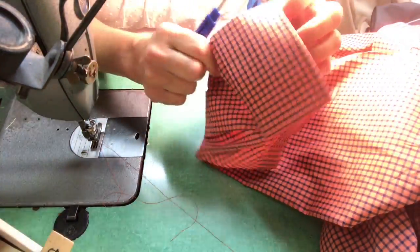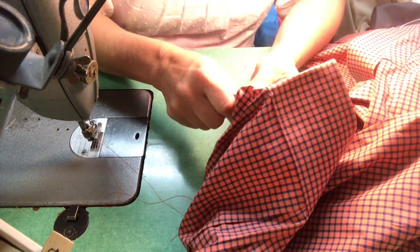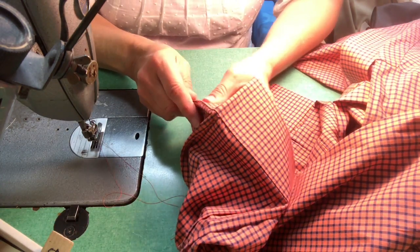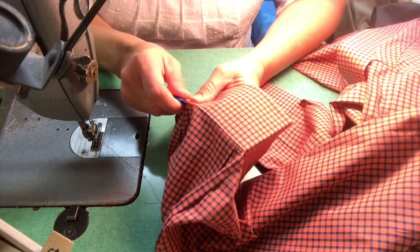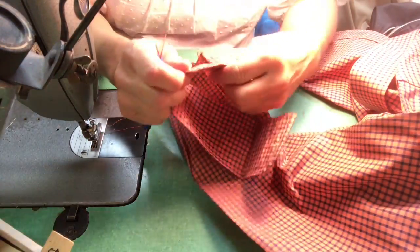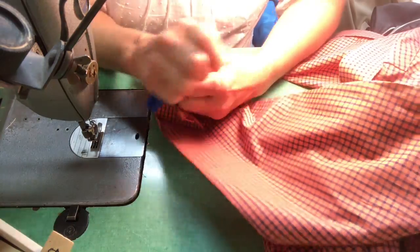In this video, I'm going to show you how to shorten a dress shirt sleeve. The first thing you're going to do is take off the cuff. In this process, you need to be careful to not rip the fabric or tear it because there are some very tight stitches here. Afterwards, you're going to remove the placket button